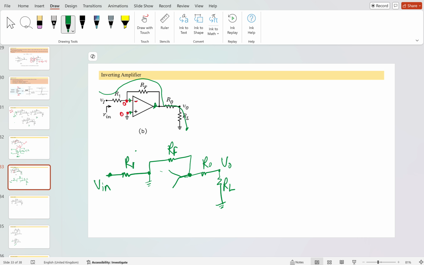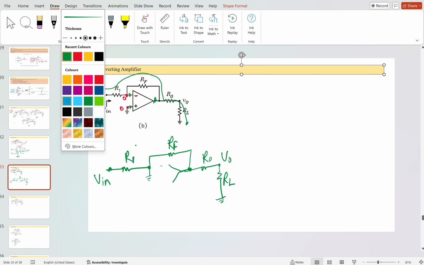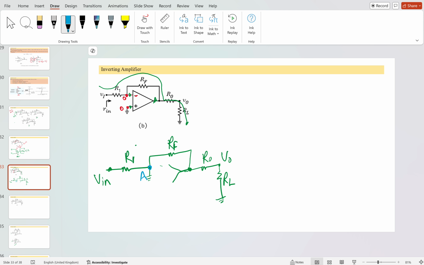So if I apply the KVL here, suppose this is node A, I have applied the KVL here. Suppose let's take that this is the Vx, okay, and this is the VA here. VA is simply equal to 0. Why? Because we have already reflected the positive value here in the negative terminal. So it will become 0 minus V input. Always assume that the current is leaving that node. So it will become 0 minus V input divided by R1 plus 0 minus Vx divided by Rf is equal